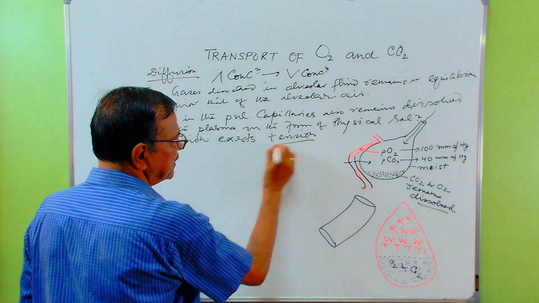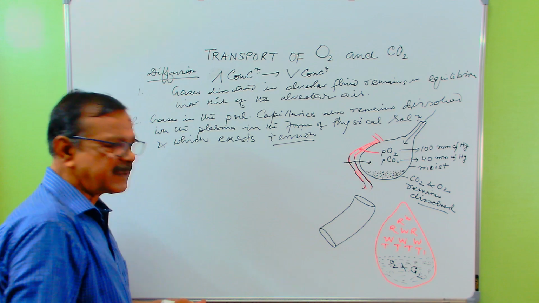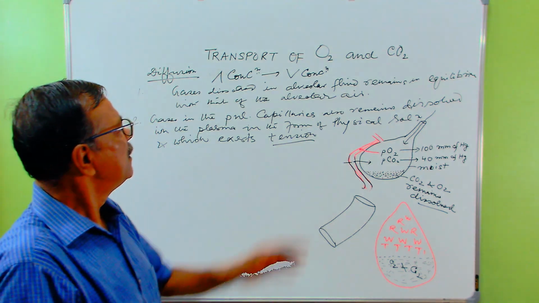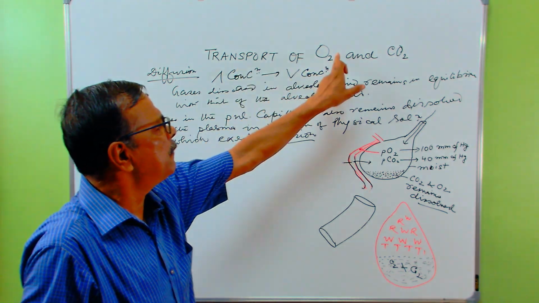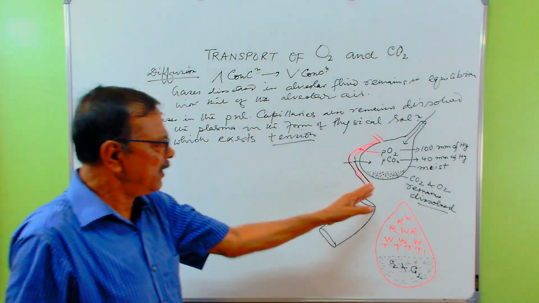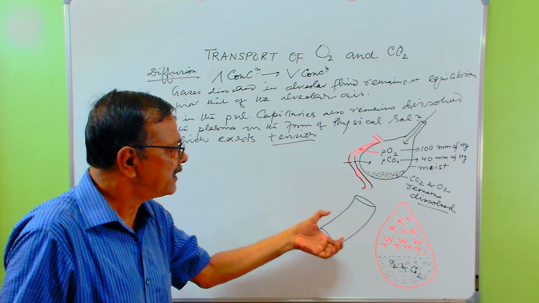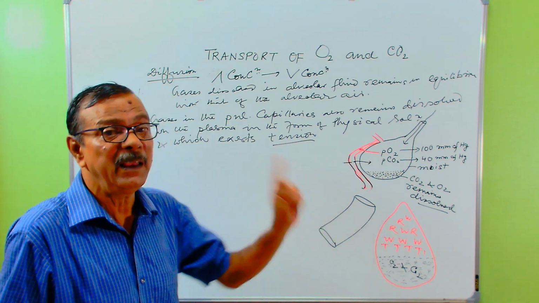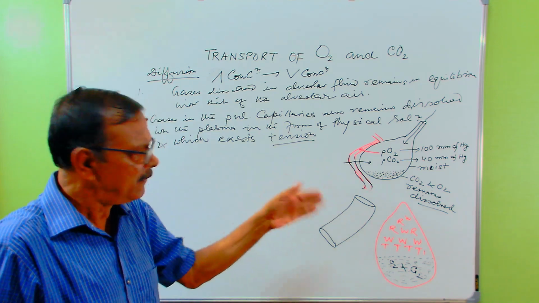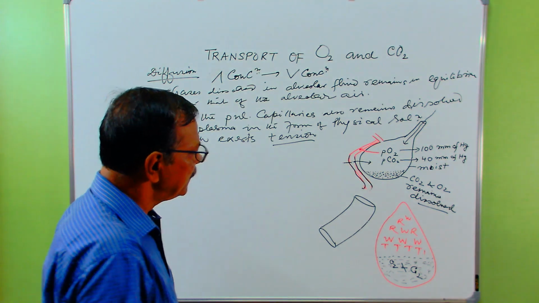So it exerts some tension over this. Now this is the second point I have come across before going into the chapter of transport of O2 and CO2; this is diffusion. How diffusion takes place: it remains in the tense form, which helps in diffusion, which will come in the next point. And the third point we will say: